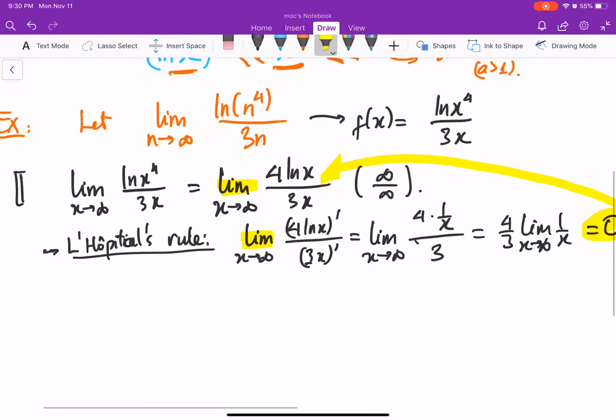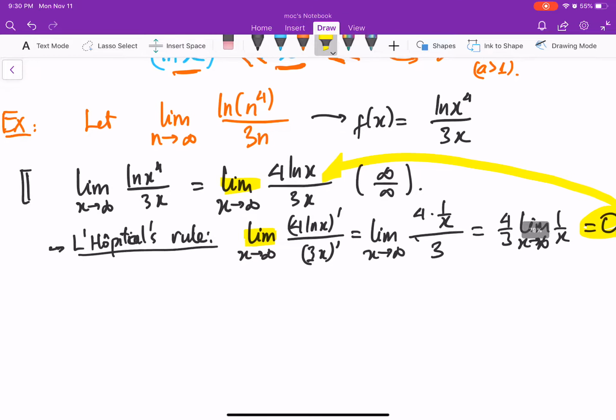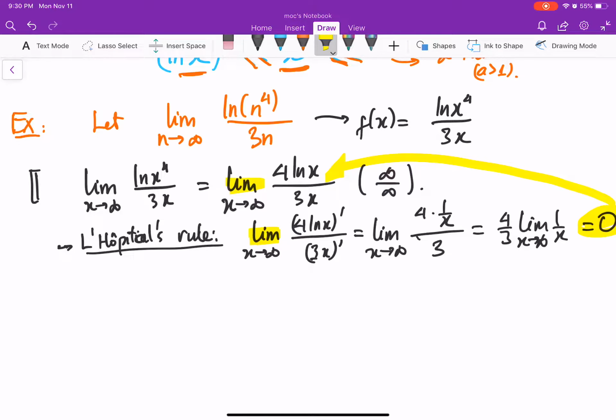But this is an application of L'Hopital rule. All right, now let's use comparison. I say, at infinity,